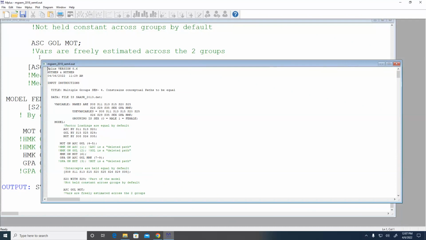There might be a compelling reason in your own research to do both that and this. You might want to know whether boys and girls are different in terms of their latent motivation; that I go to the measurement model for. I might also want to know, after controlling for academic self-concept, whether boys and girls are different; that I get from this one. They're both really good questions, they're equally good, and I have the answer to both.